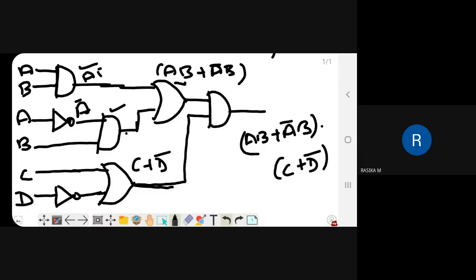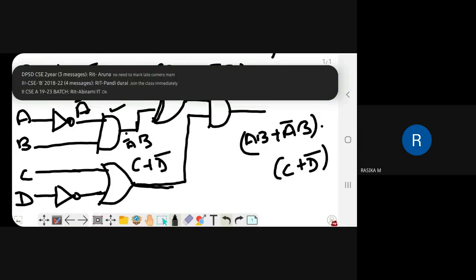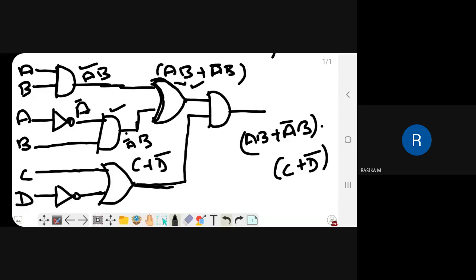Here we will get A bar B. In the given expression, both the product terms are getting added, so we have used an OR gate here, and we will get AB plus A bar B. The second term is C plus D bar. So we have complemented D first as D bar, and then given it to an OR gate, and we will get the output as C plus D bar. Again, both the expressions get multiplied, so we have used an AND gate at last.